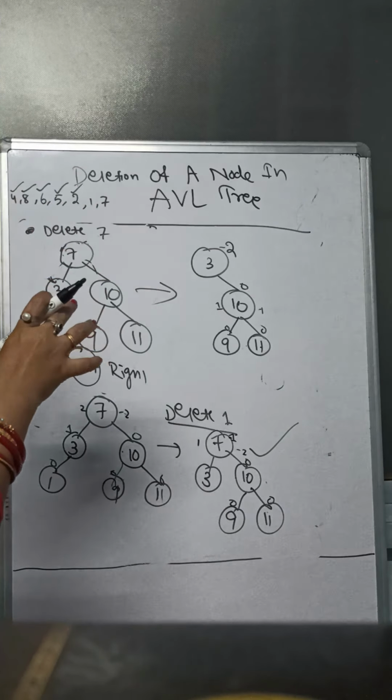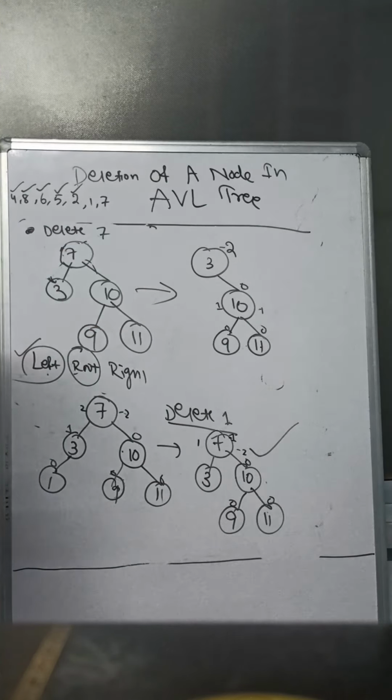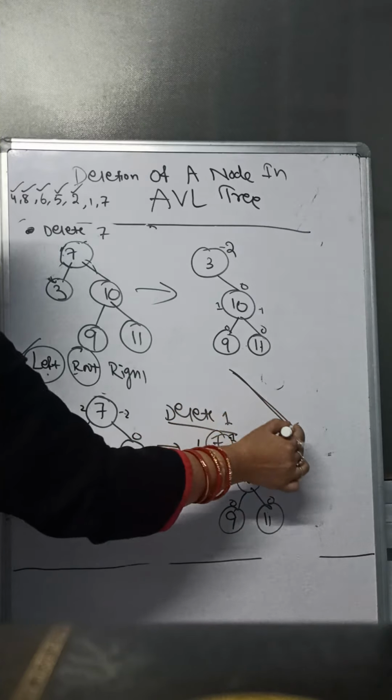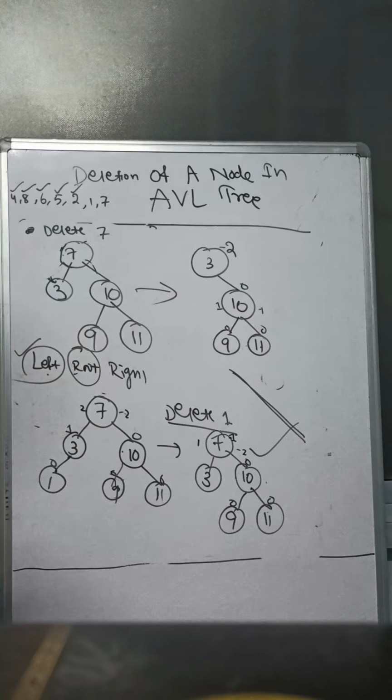But here you have to do the rotation, because imbalance happens here. There is imbalance in your right part, but not at the straight right. This is your imbalance, so you have to do the RL rotation. Okay, so why RL rotation? Because you have to take some node here, anti-clockwise. Then you have to take some node to the root.